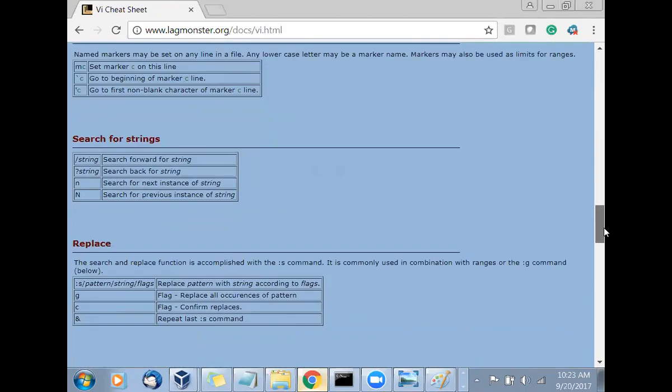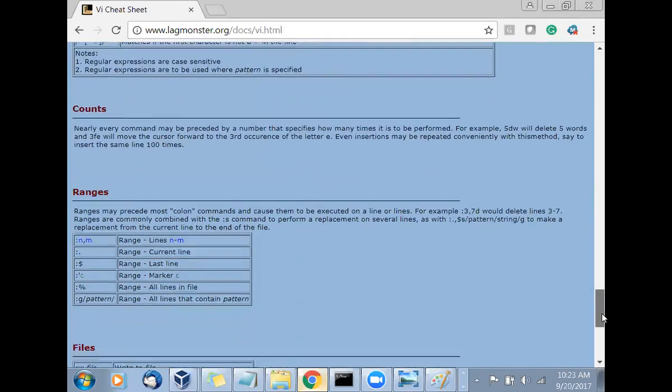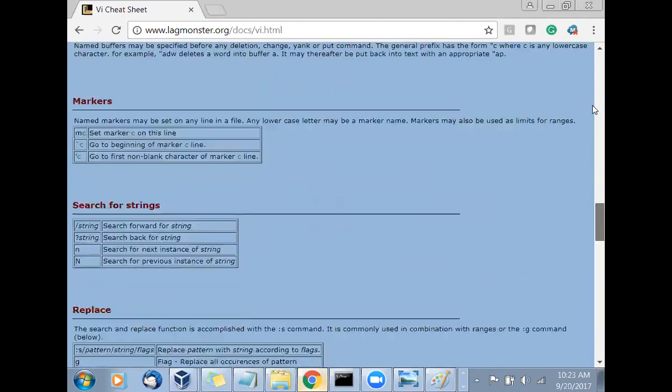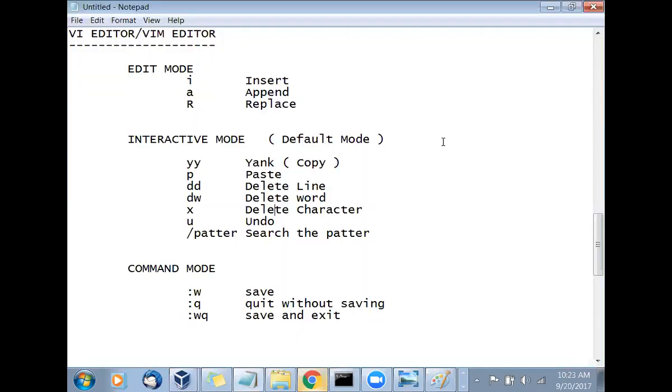You have a lot of options with that. You can go along with these options. There are a lot of options with the VI editor. You can start going with that. So the minimum thing we will introduce, and the expertise you will need to get later on. Is this clear? So you will go with that, find the cheat sheet. Okay, so that's all about the basic introduction level.